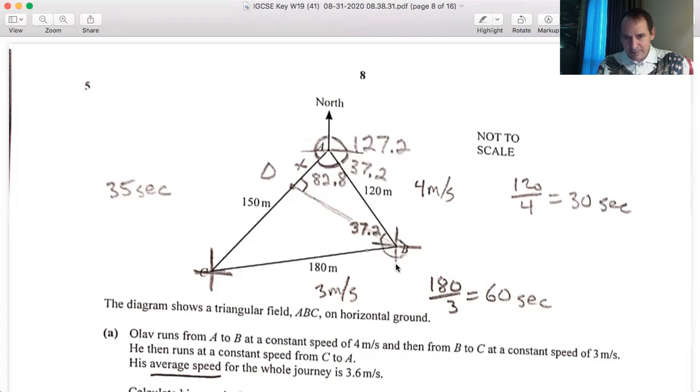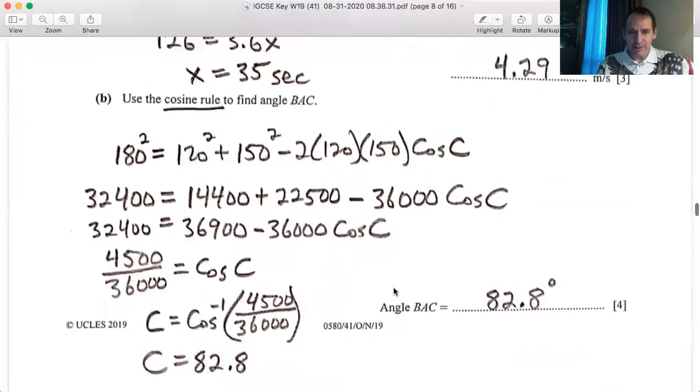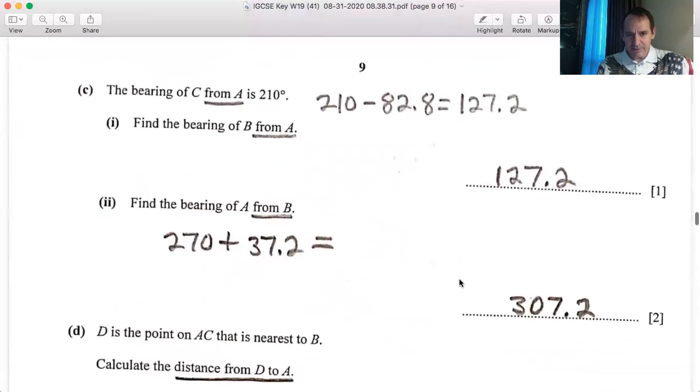Parallel lines cut by a transversal, your alternate interior angles are equal. So this 37.2 is the same as down here between this north and the west here. That's 37.2, and we want to face A from B. So we start at north, we go around, there's 90, here's 180, here's 270, and then we need to add the 37.2. So 270 plus 37.2 is